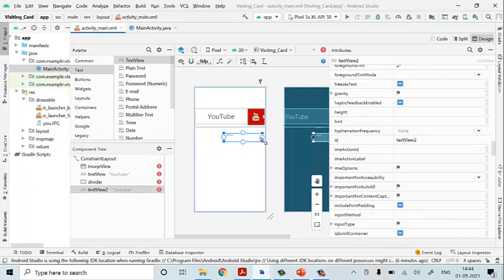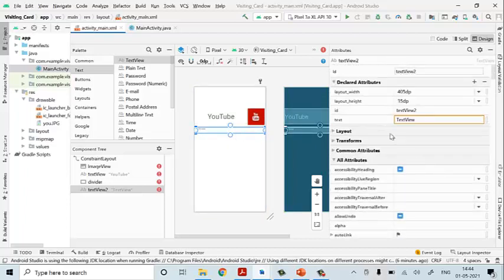Put it to the length you require. Again, we need to enter the text for employee name. So again, you need to go for attributes and select the text attribute. I'll write it as Ram Raj. This is your text which you got.